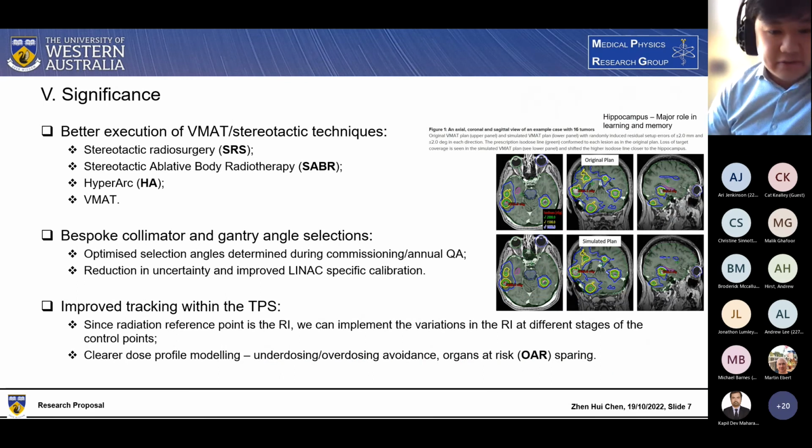The significance of this research would be the better execution of VMAT or stereotactic techniques, such as SRS, SABR, HyperArc, and VMAT. And another one would be bespoke collimator and gantry angle selections for the different LINACs. So each LINAC would have their own mechanical uncertainties, and if we were to optimize the selection angles that we determine during commissioning or during the annual QA, we can better calibrate those LINACs for treatments down the track, and